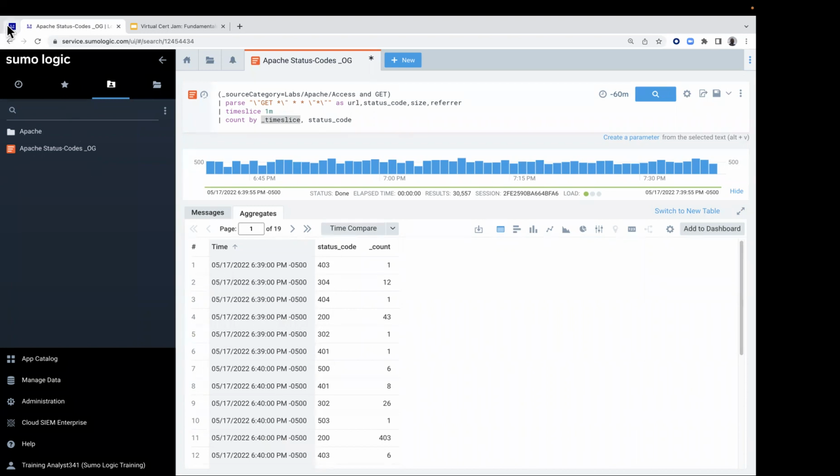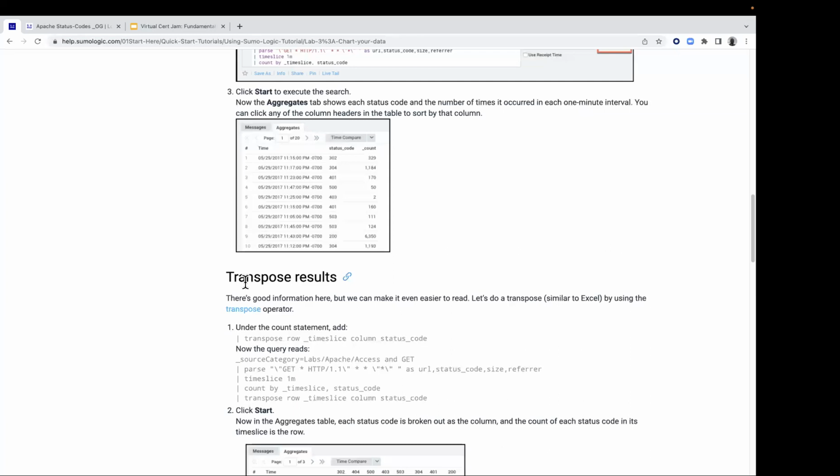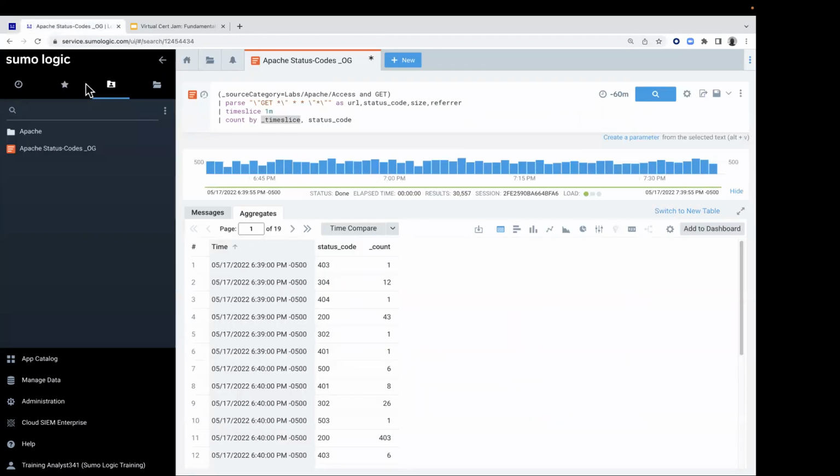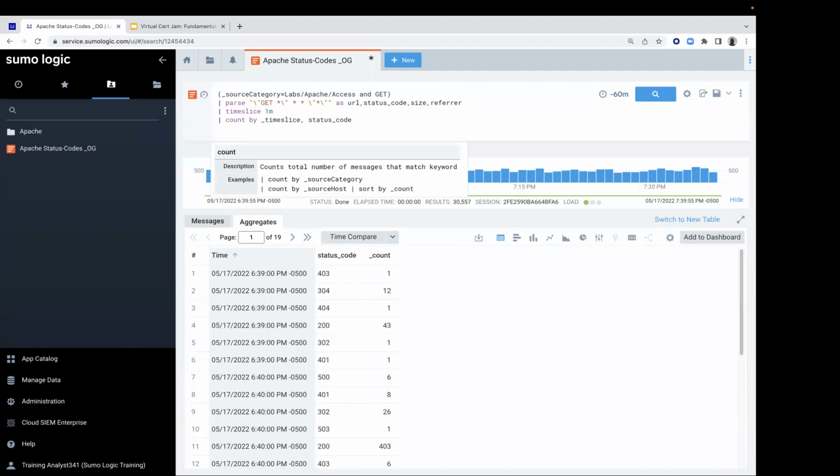Let's go back to our lab guide. And we're under the topic transpose results. And under number 1, let's just go ahead and highlight that transpose statement and copy that. Let's go back to our CIP. And let's place our cursor at the end of the last row. So at the end of that count by, let's place our cursor there. We want to add another blank line. So I'm using my Shift Return on my Mac. You can use Alt Enter in a lot of cases as well. Okay. Let's paste that statement